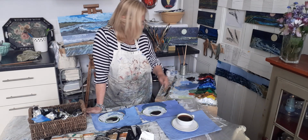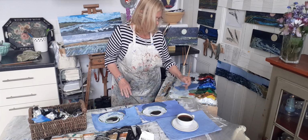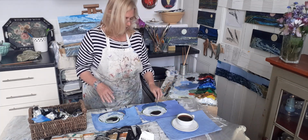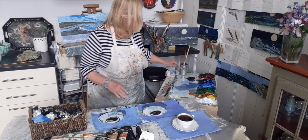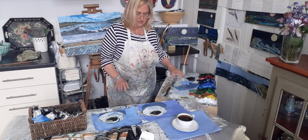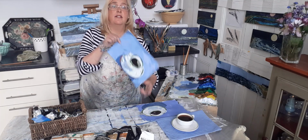There you go. In order to hit the surface, I'm going to take a bit of that yellow, and I'm just going to lightly give it a whoosh, whoosh, whoosh on top. There's my surface of my coffee. So I've done one ahead of time. This is